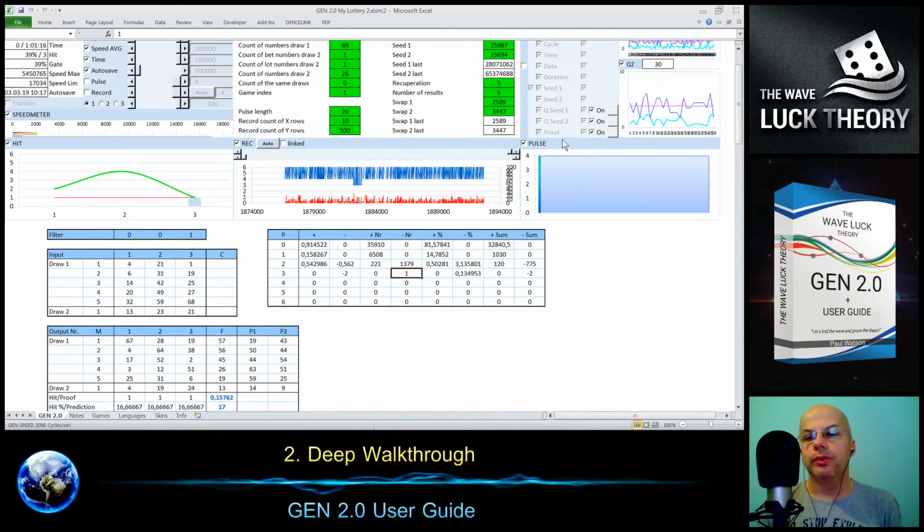What I can do is refresh, even though the proof is off, so it's not changing. I can refresh the values like here. You see, the percentage is changing, the amount of deviations is increasing. With every cycle the number is increasing, and finally the sum of deviations is increasing, but the average is somehow stabilizing at some values.